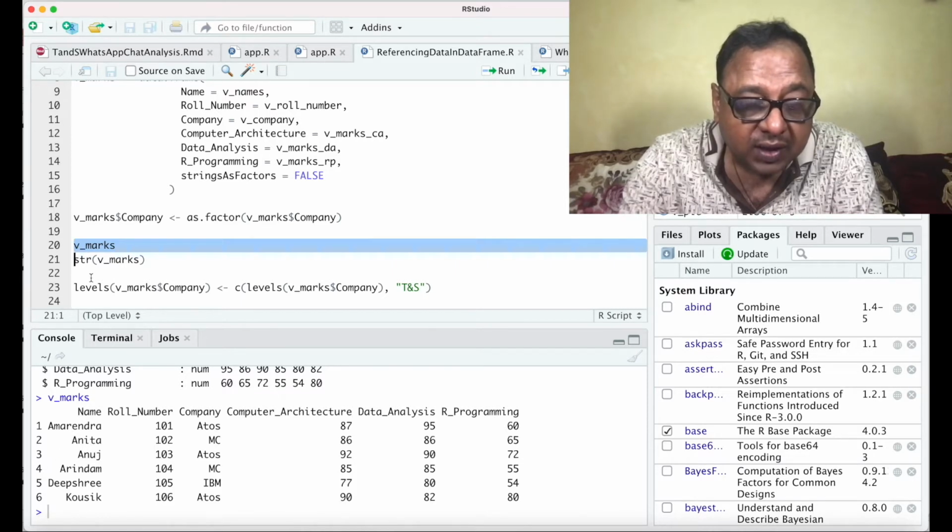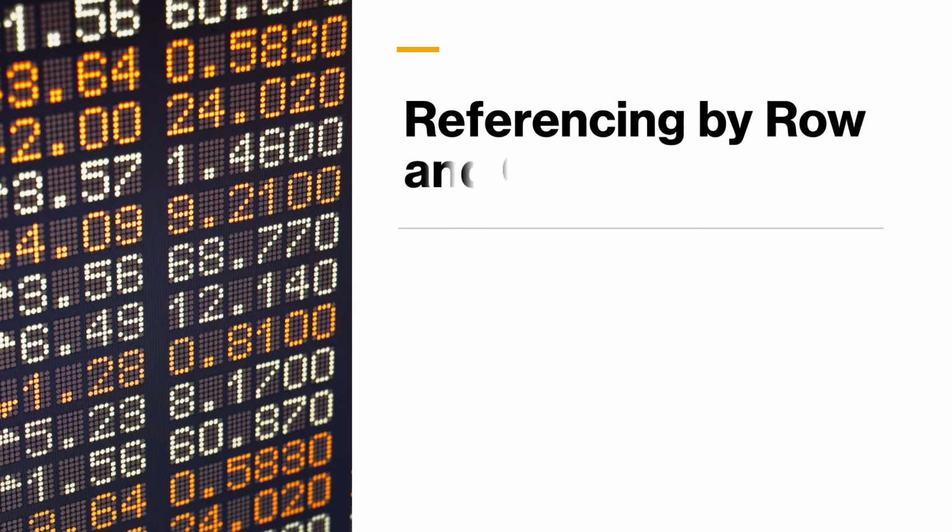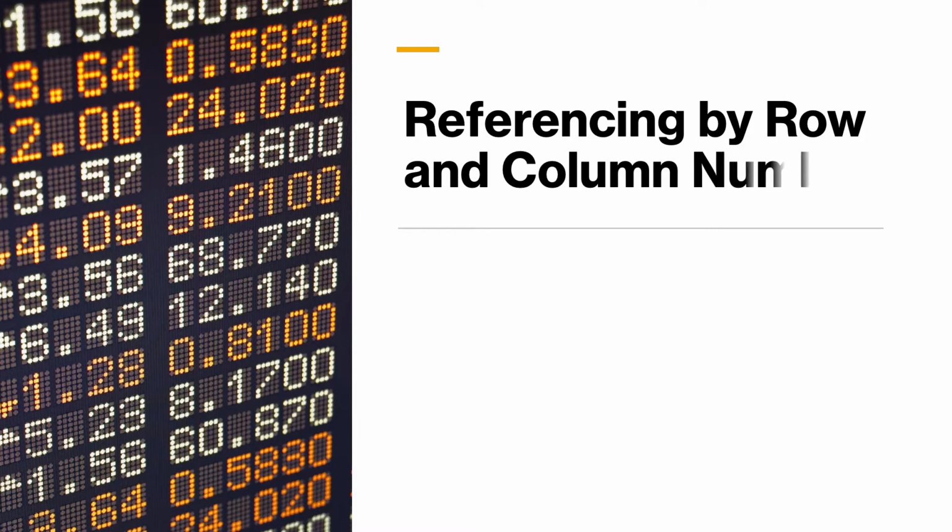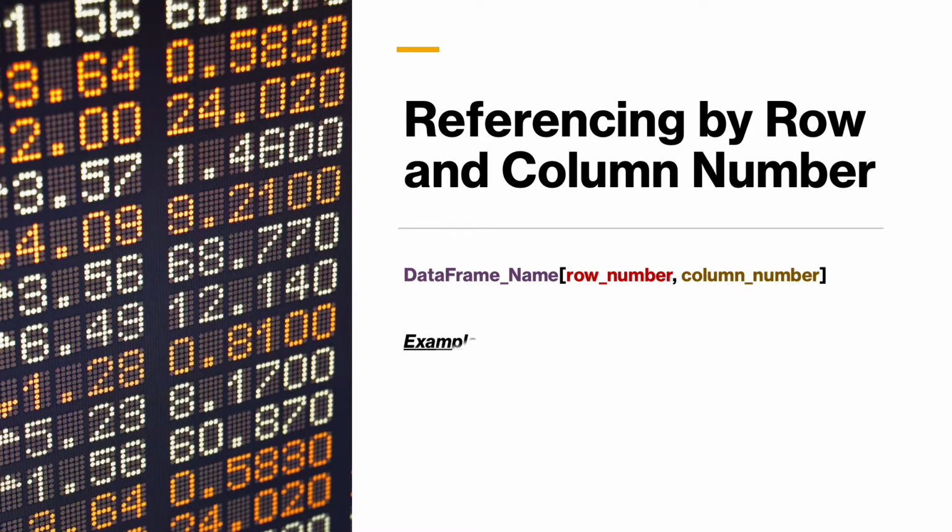So now we will head to our discussion on how we refer to different parts of the data frame. We will discuss various techniques of referring to different parts of our data frame. We will start with the simplest mechanism, where we will refer to each individual element of data by the row number and the column number. You can imagine the data frame to be like an Excel worksheet where you have planted the data in rows and columns, and you can refer to each element by the row number and the column number. The syntax goes like this, where we give the data frame name and we give within square brackets the row number, comma, column number. We will see an example.